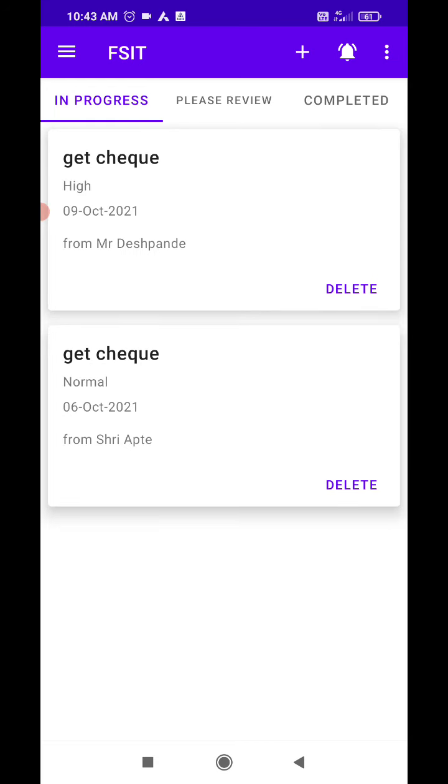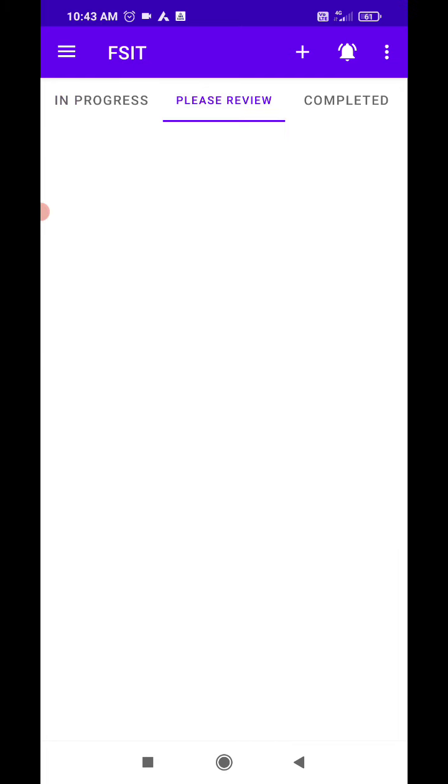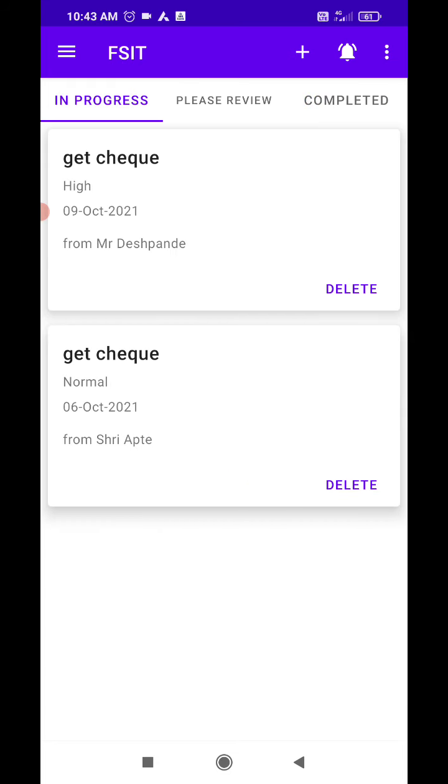I'll go to Rohit Fadnis, and I can see this kind of a different view where I can see in progress, how many are in review, and how many are completed, right? So both of these are like in progress. What I'm going to do is that I'm going to click on like one of the tasks, like let's say, okay, fine, this task is in high priority and this task is a normal task, right?